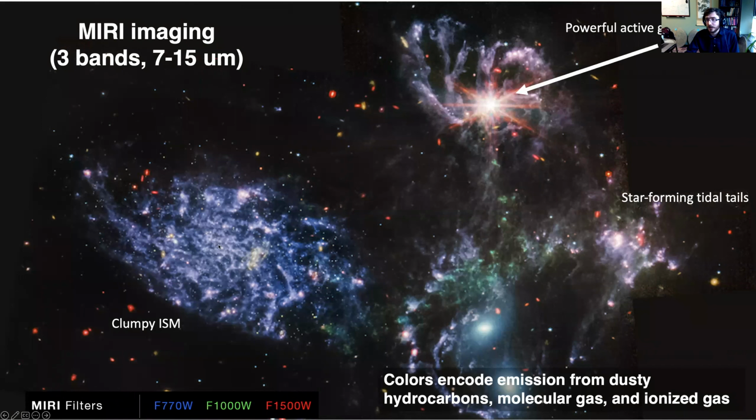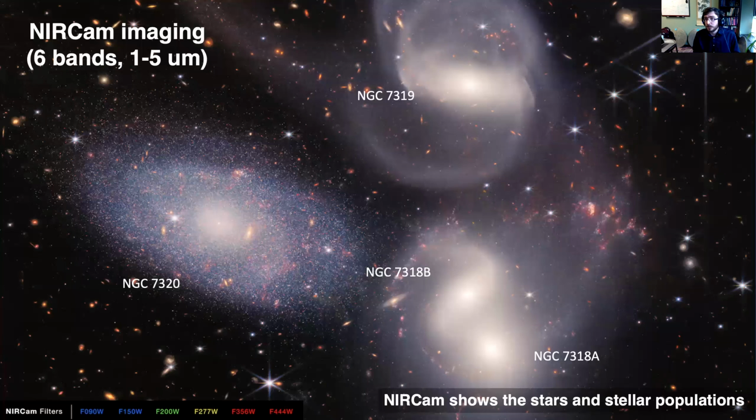So over here in this foreground galaxy, you're seeing the emission from the clumpy interstellar medium and the PAH type features. This green set of gas here isn't in any of the galaxies. This is molecular hydrogen emission that you're getting in this sort of bridge of tidal tail and interaction type features, along with triggered star formation over here. And what we're most interested in now is this bright red source right here down at the middle of NGC 7319. And that's the buried AGN, a type 2 Seyfert that's sitting at the bottom of this galaxy that if you're looking in optical and near-infrared wavelengths, there's really no indication that it's there.